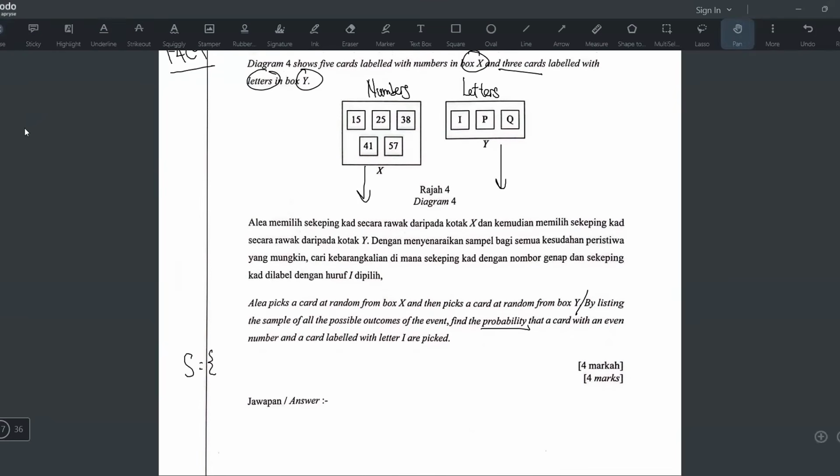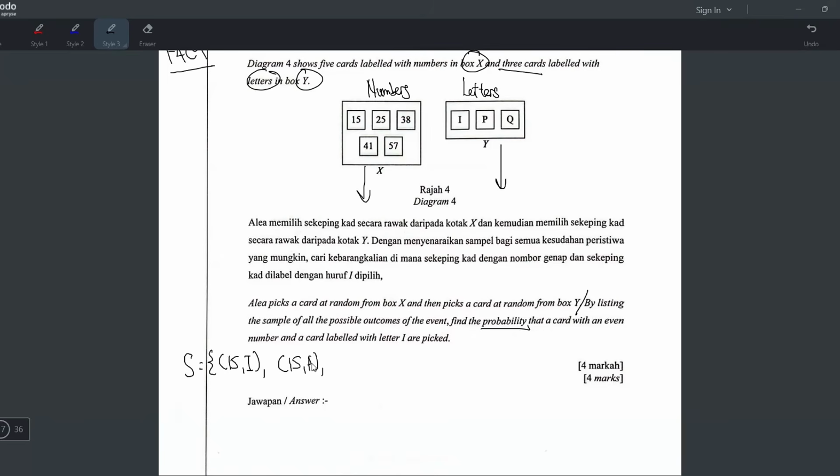So what are the possibilities? So you might end up with 1 and I. 15 pasangan dengan I. Ataupun dia boleh dapat 1 dengan P. But you have to write it in brackets like this. Because it's considered one set like that. Sebab dia ambil satu dari X, satu dari Y. And it's also possible to get 1Q, right? Or 2I, 2P, 2Q. And there should be 15 outcomes because sini ada 5, sini ada 3, you should multiply. Ya, dia akan ada 15. Okay, ataupun 3I,